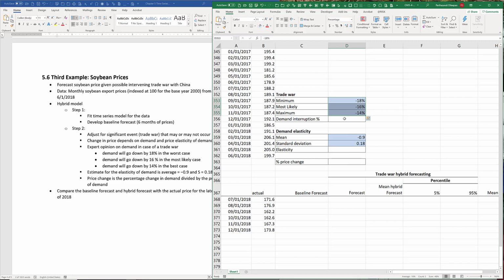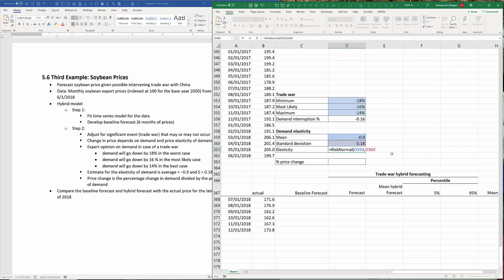So here we have RiskPERT: minimum, most likely, and maximum. That's going to give us our estimated decline in demand in case of a trade war. And then we have elasticity, which is RiskNormal, mean,